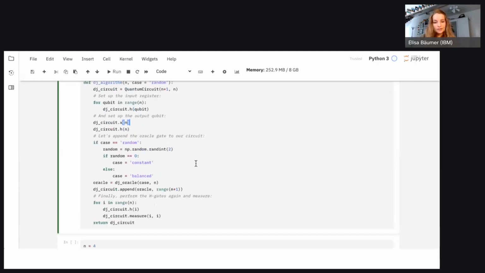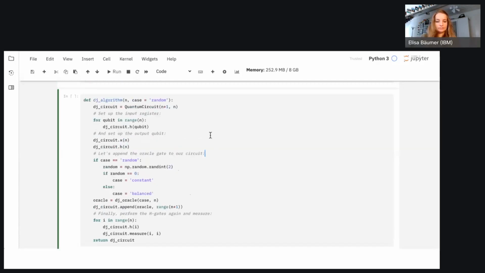Then we also need to set up the output qubit, the last one, our auxiliary qubit. The auxiliary qubit is in the minus state in the beginning. We can go there by first applying an X gate and then a Hadamard gate. That way we end in the minus state, which is the one we need before we apply the oracle.